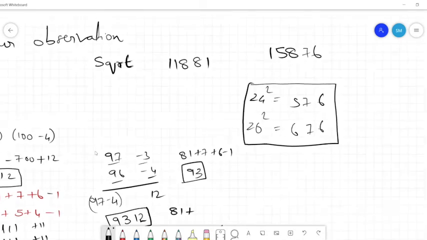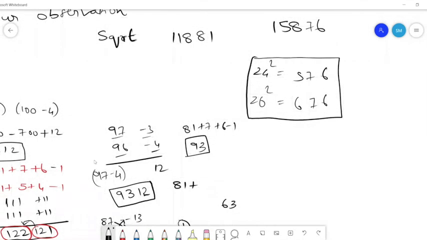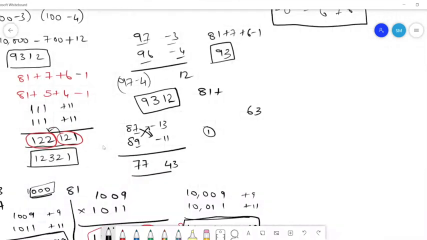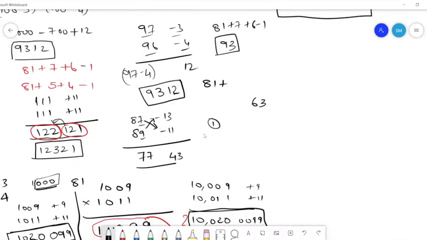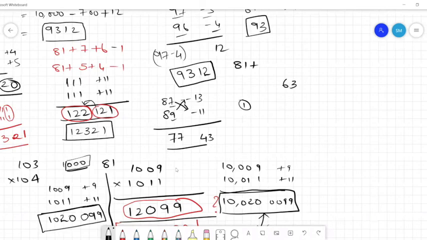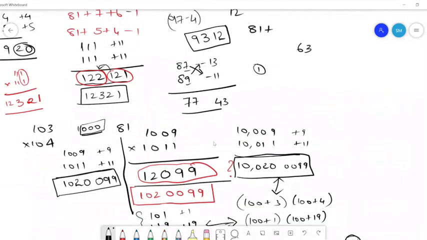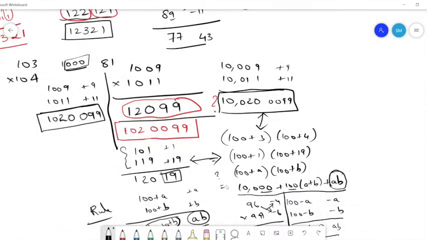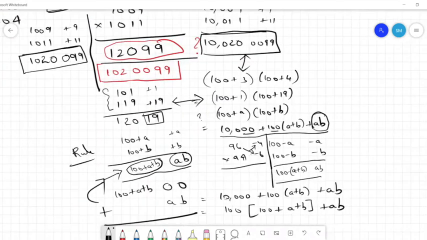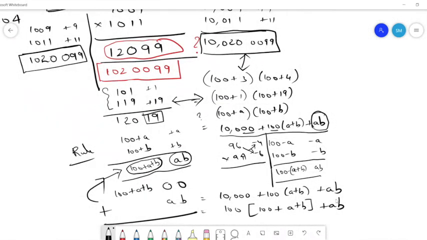So you can see that the basis for this is the initial rule. If you have 100 plus A and 100 plus B, how do you multiply that? If you use the distributive property, 100 plus A and 100 plus B, we get this expression: 10,000 plus 100A plus 100B plus AB. And then converting this into a neat algorithm is a nice art. So you observe the place value consequence of this formula and then make a rule.